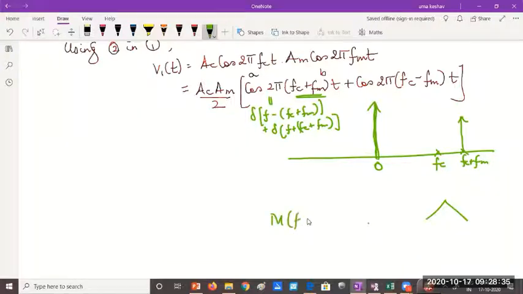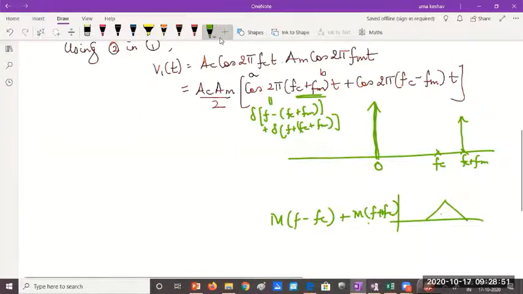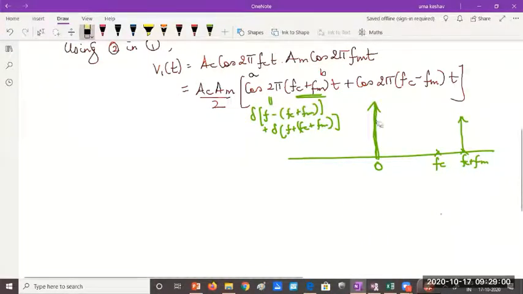In that case, your spectrum should be like this: M of F plus Fc and M of F minus Fc. Only then you can use this triangular or band limited signal representation. You have written this equation, but you have written the spectrum like this. They don't correlate with each other or match. So please take care. Whenever it is a single tone message, then it is always a line spectrum like this, because you will have impulses to replace the cosine. So here at minus Fc, I will have another line. Sorry, not minus Fc. Where should I have?